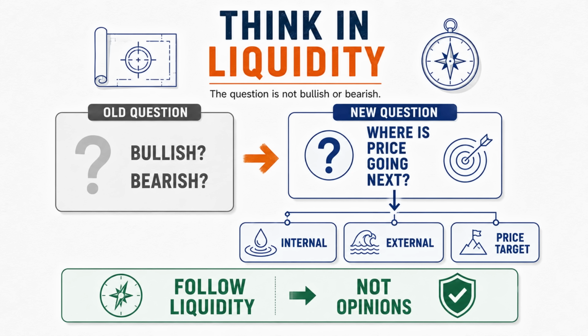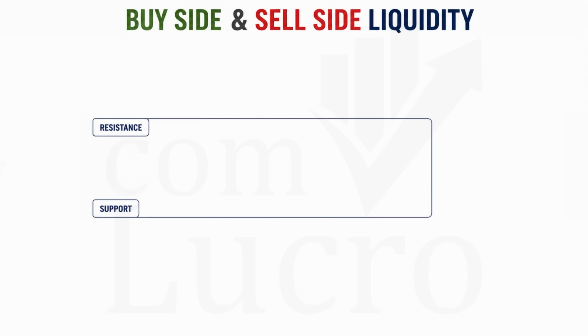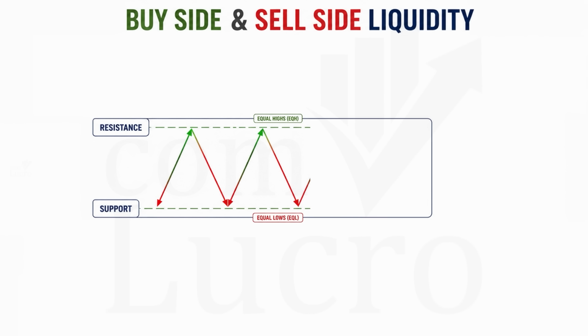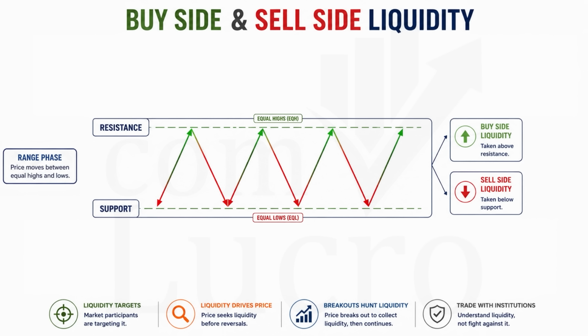That single shift in thinking changes everything. To understand this properly, we need to step back and see where that liquidity actually comes from. When price moves within a consolidation or any structured phase in the market, it often forms visible reference points such as equal highs, equal lows, trendline touches, or repeated reaction areas before the next major move begins, whether that is